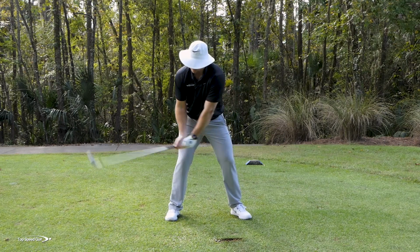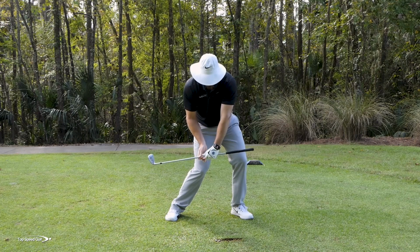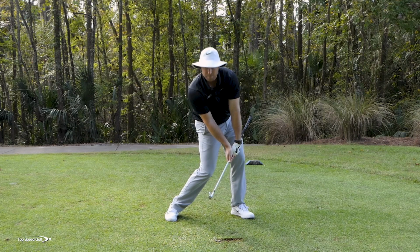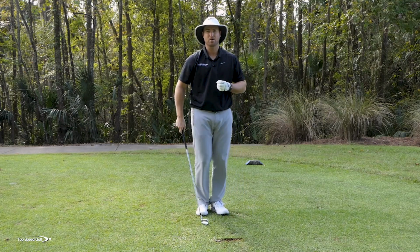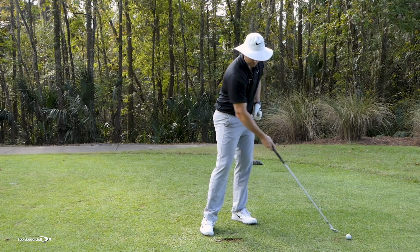So whenever you have this forward shaft lean, what's happening is if I grab up on the club, when's the first time this club shaft is going to split my forearms? Well, if I have forward lean at impact, that club shaft is going to split my forearms out in front of the golf ball. That's what I call the straight line release. That's when, if I was to put a golf ball out here in front of the one I'm going to hit,